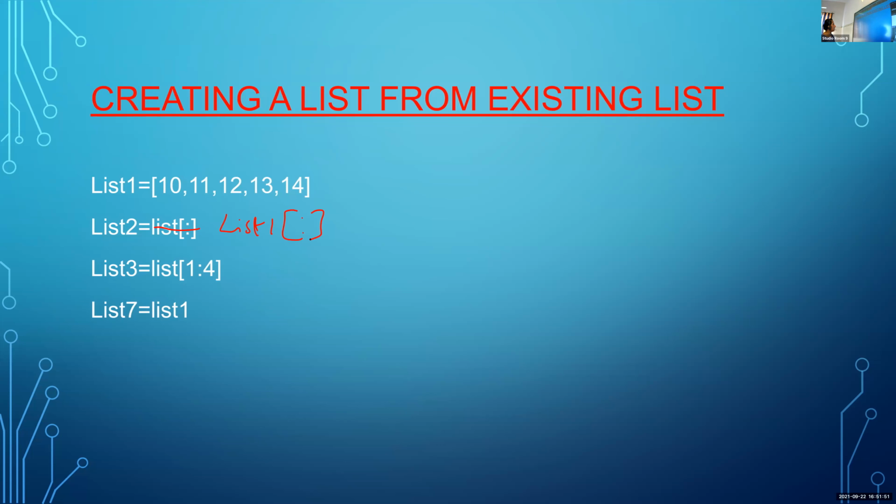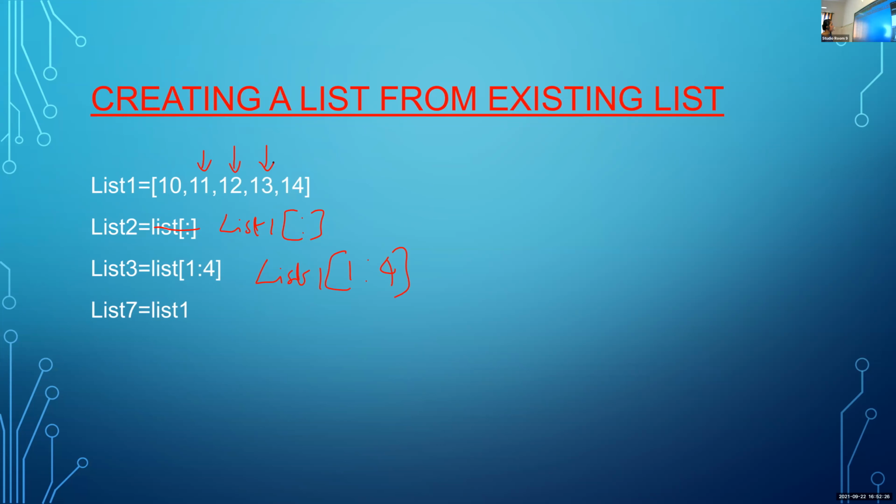List 1 is also there with this value, and another one, list 2, with the same value. Here it is list 1 of 1 colon 4. That means we are taking 3 values from list 1. The 3 values are 11, 12, 13. These 3 values are taken from list 1 and assigned to list 3.